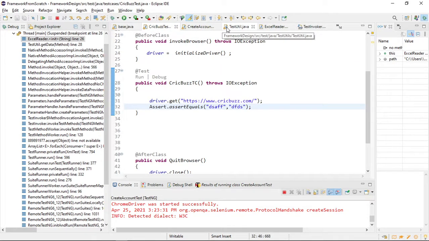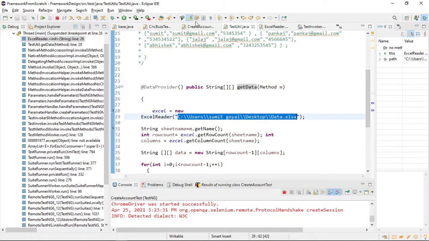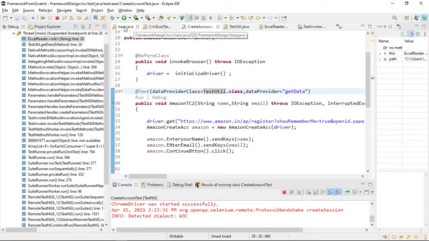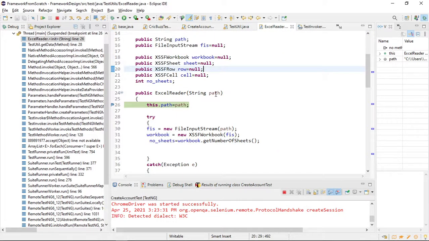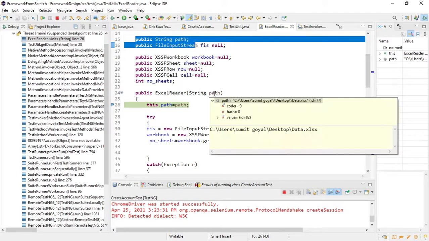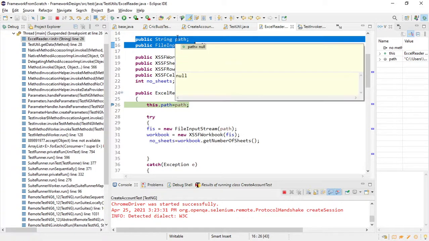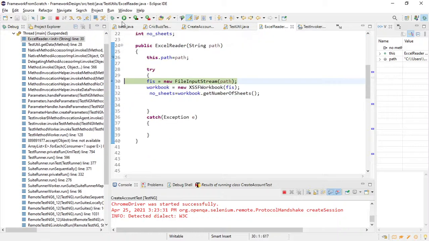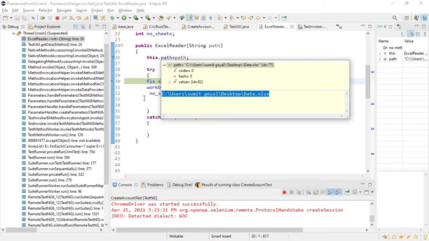This path is coming from this path, right? Because this is a default constructor, it will be invoked automatically and this path will come here. This path variable will come inside this, right? And what I'm doing now, I have created one path variable, which is a class variable, and I'm simply sending this path variable data to this one, which is our class variable. As of now, you can see it is null. But once I invoke this step, we will see this path will have the exact same path where my Excel sheet is present.